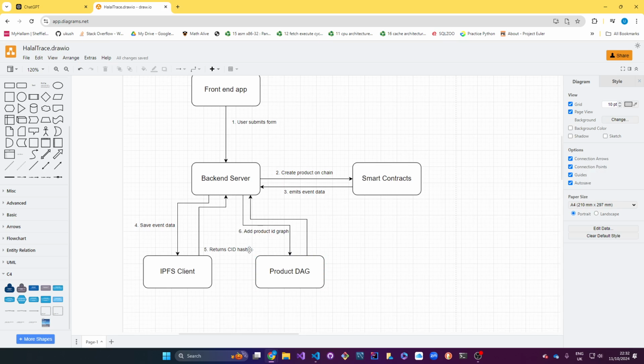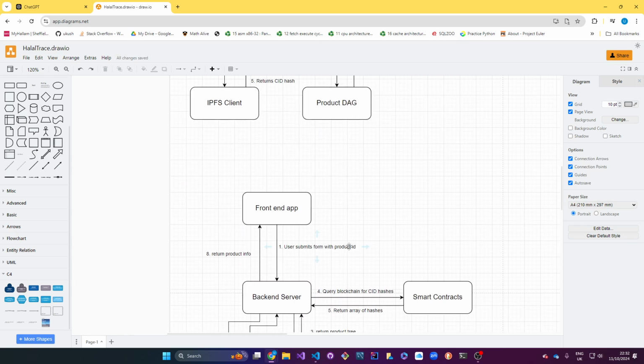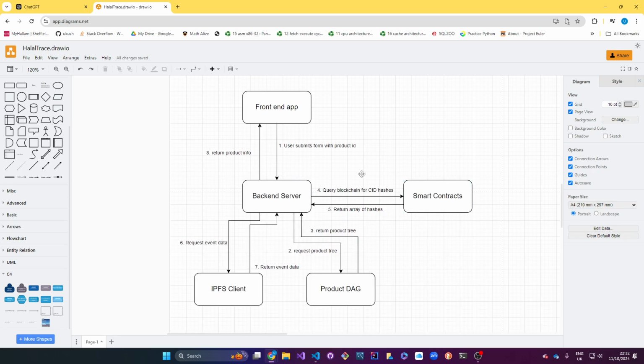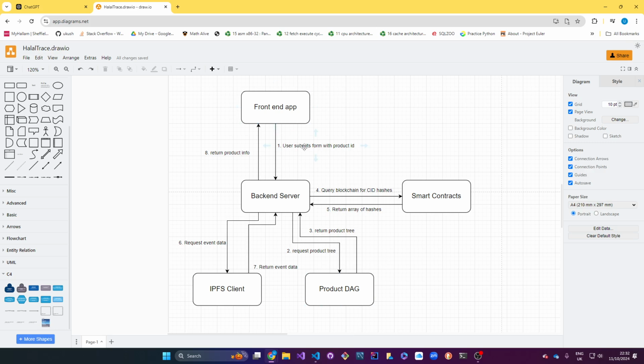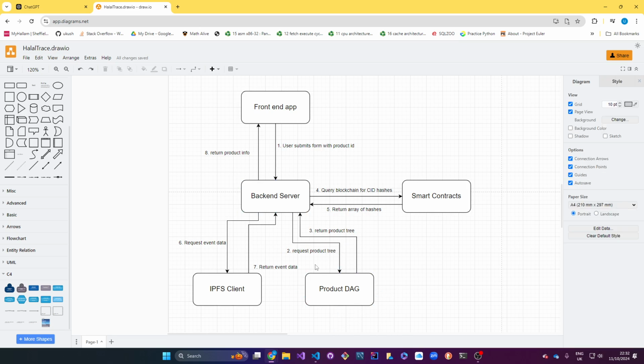Like I said, it's a component of the backend, but I just thought I would separate it out here so you can see and understand what I'm talking about. So this talks about how to retrieve the information. The user submits a form with the product ID. It then requests the product tree from my backend server, which I guess is just a component of the backend server. It returns the product tree. Now, this product tree contains all the IDs, right? It contains all the IDs